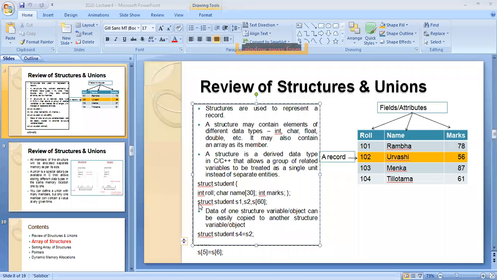For that I am taking here struct student S1, S2, up to S60. If it is only one student, you can give it as S1. Always remember that once you start your structure with a flower bracket open, it is going to close here.